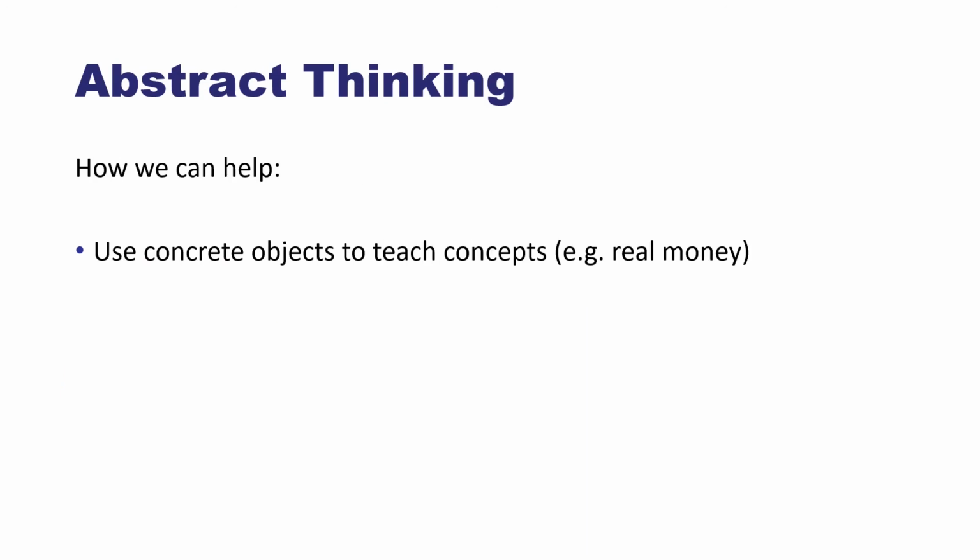When we're teaching things that are abstract, like concepts like money, we want to use real concrete objects to teach those things. So with money, using coins, using paper money, actual money, just showing them that you either have enough money to buy the thing that you want or you don't have enough money. That's much more effective than a number on a screen. And for someone with FASD, planning ahead with money is going to be very difficult. It's much easier, especially with a child, if they have that concrete money in front of them. And it's really good to start teaching money in that manner.